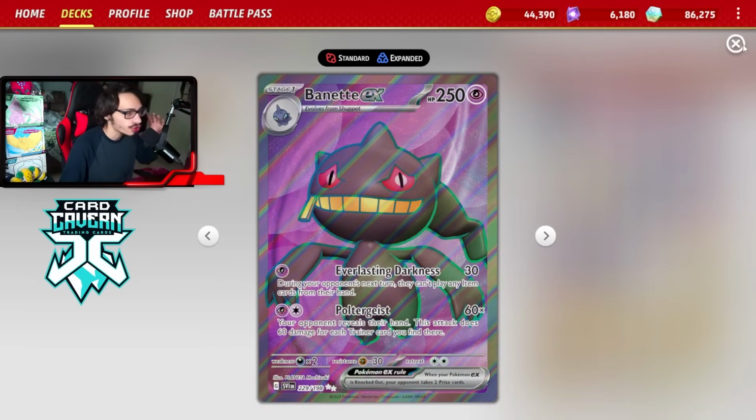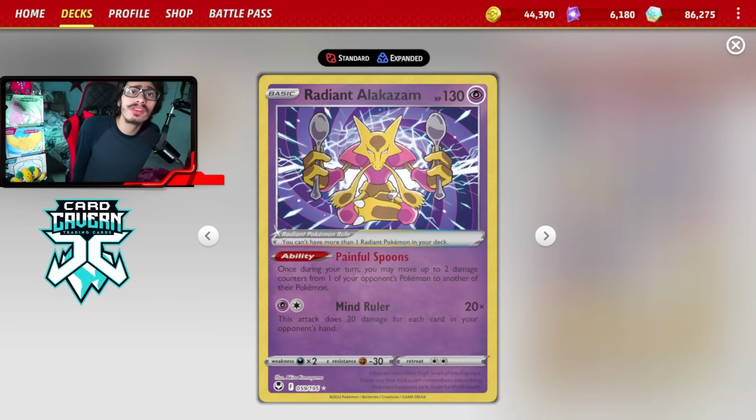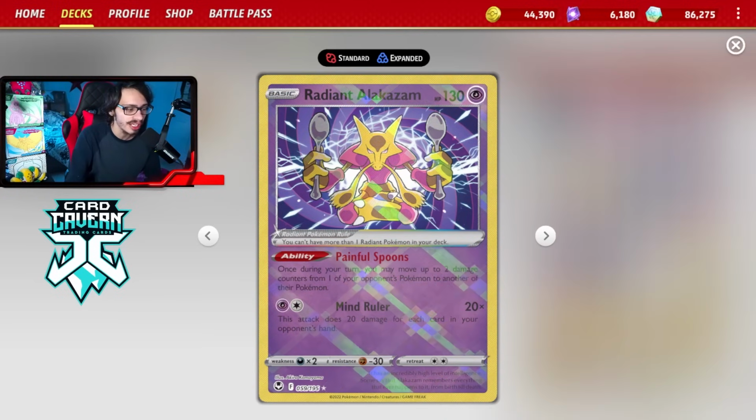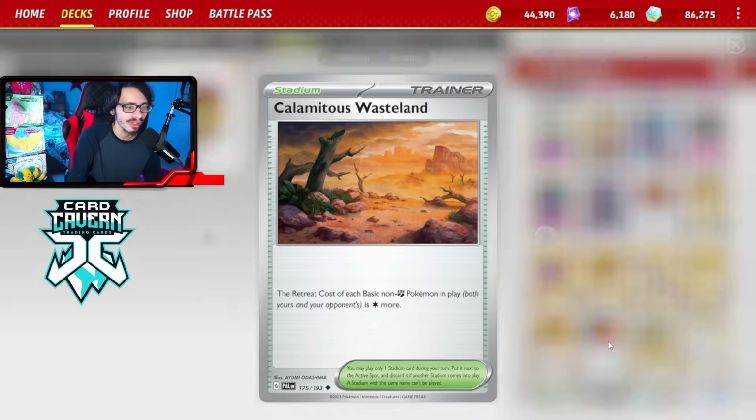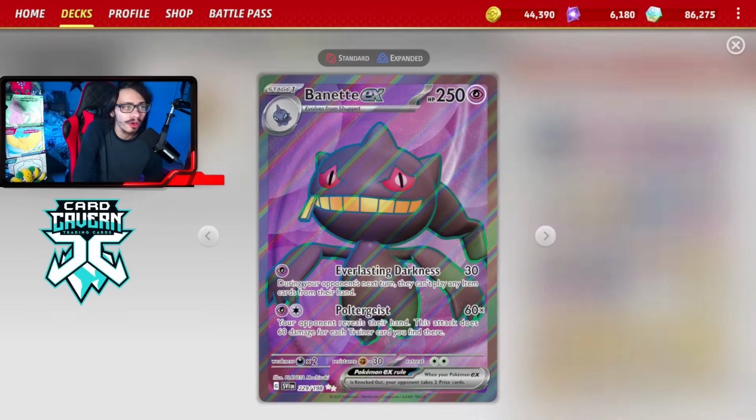Darkness. We do have some really cool control plays we can make in the deck with the Radiant Alakazam. If we can stall something in the active spot with Banette alongside the stadium card Calamitous Wasteland, which makes the retreat cost of non-basic fighting Pokemon 1 colorless more, we can lock the opponent up and move damage to the